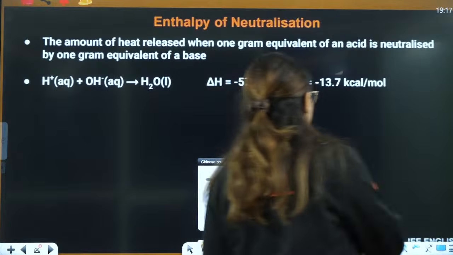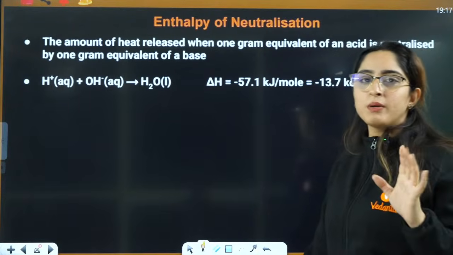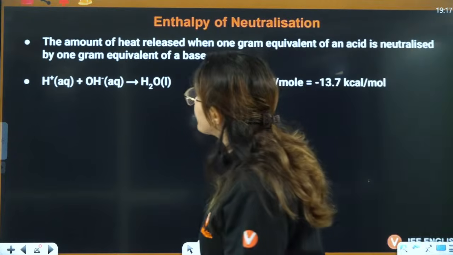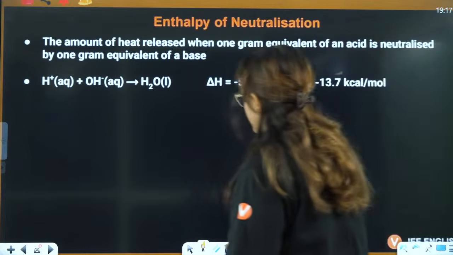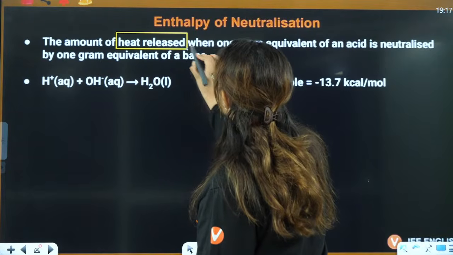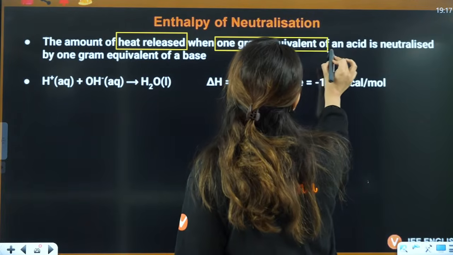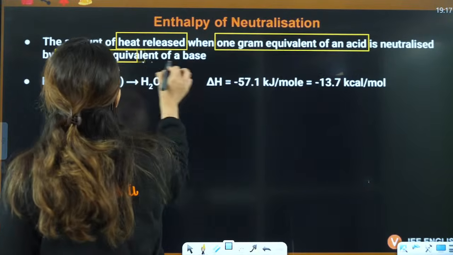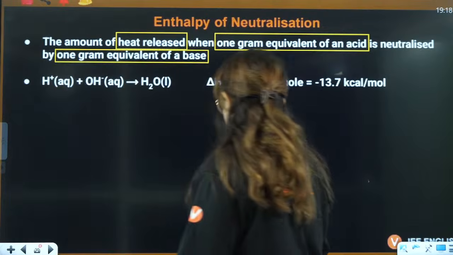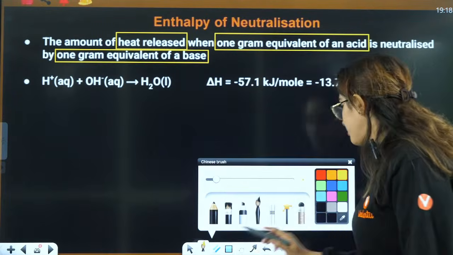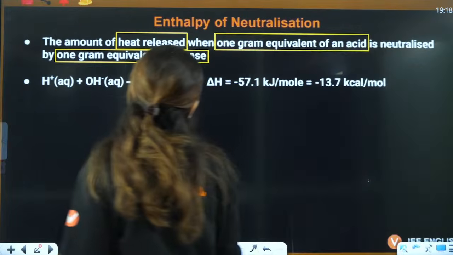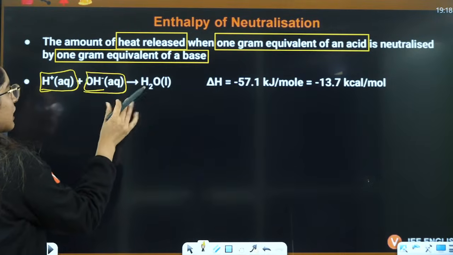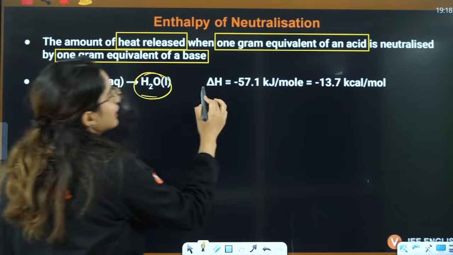First is very important, enthalpy of neutralization, where students have a lot of problems and questions are asked from the enthalpy of neutralization. Let's see that. Enthalpy of neutralization is the amount of heat released when 1 gram equivalent of an acid is neutralized by 1 gram equivalent of a base. That means 1 gram equivalent means only one H positive. So when 1 gram equivalent of acid is neutralized by 1 gram equivalent of base, then the heat released is called